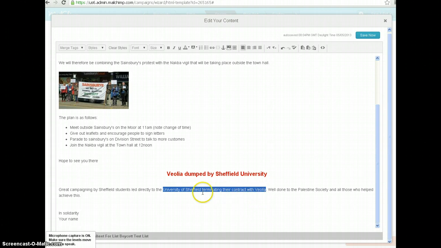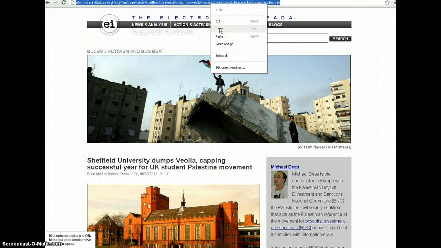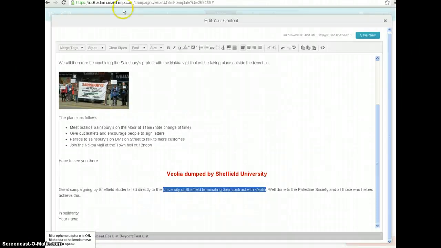So I'm going to make that the link text, and I have prepared a link, Electronic Intifada. I'm going to copy that, go back here, and the important thing to note is that I hit the link button in the menu at the top of the editor,